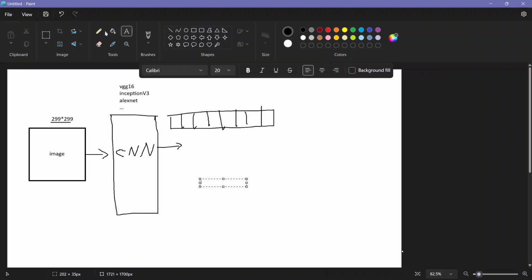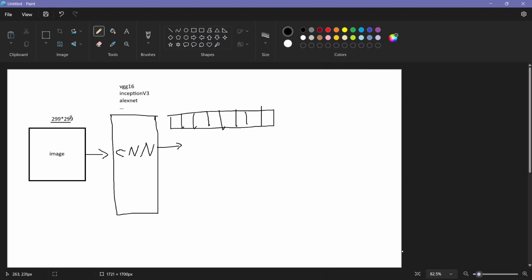For example, in Inception, when we input this image to the model, it gives us a 1 times 1000 element array. Okay, and this is the task of classification of this image. For example, it says this is a bicycle. It doesn't tell us how many objects are in this image. It just tells us one